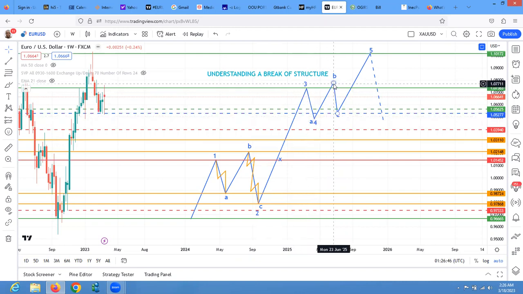It might not be exactly at 123. But at least it's going up. So once it doesn't go beyond 161.8 again, that's still the structure of B. One does not take 161.8. Once 161.8 is taken, and it's broken, even by a week as you can see above here, then